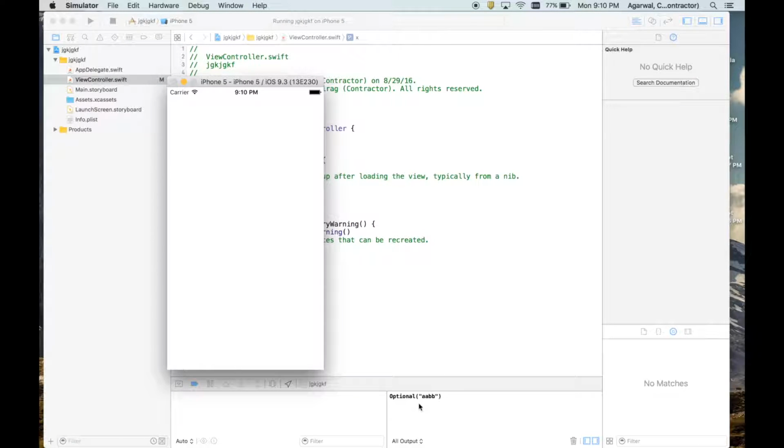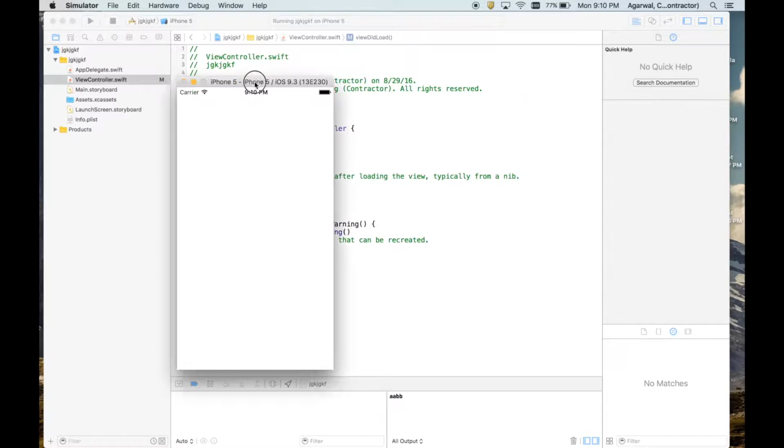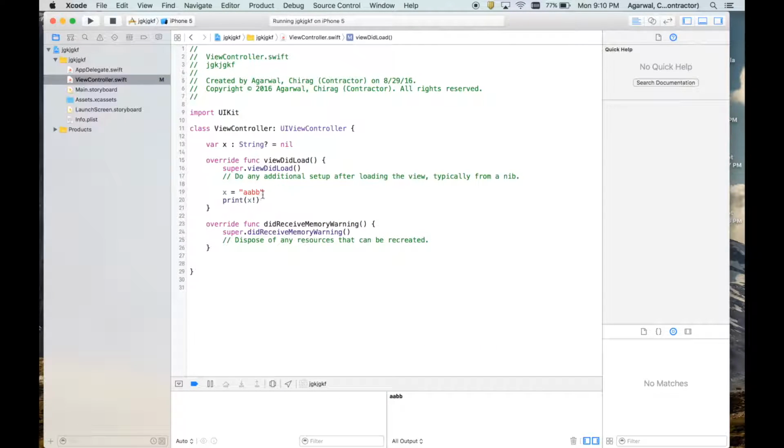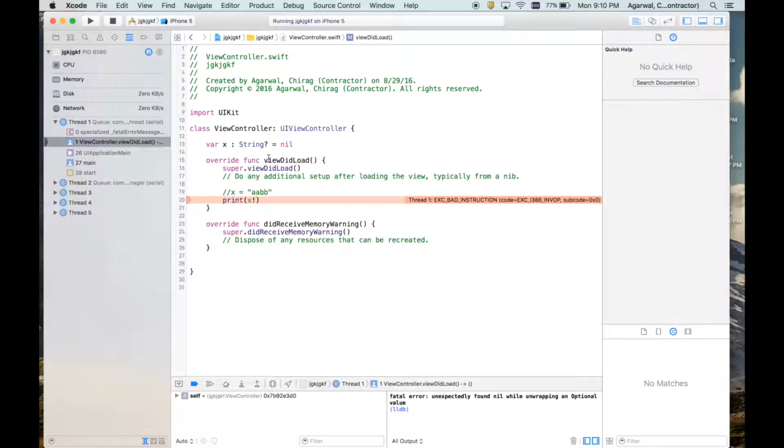And then you try to execute it. Now you should see your type is optional. To remove this word optional, you have to add an exclamation mark. This tells the compiler that there is a value and we know it, so just access it. But suppose it's still nil, then the app can crash, or it depends. So see, the app crashes because it's nil, and we said that we know the variable has a value, just access it.